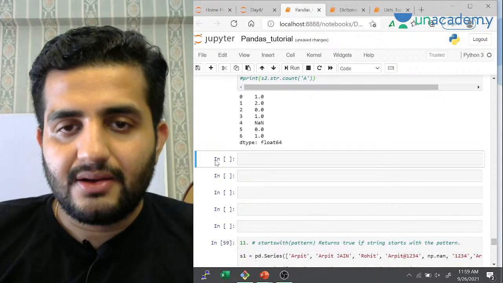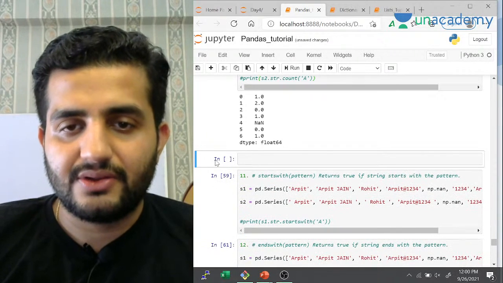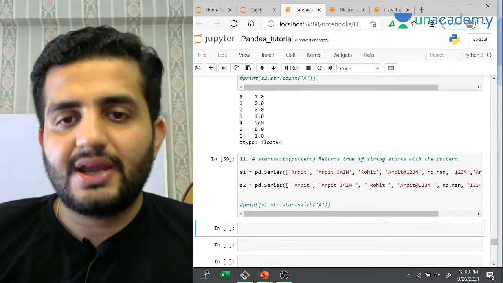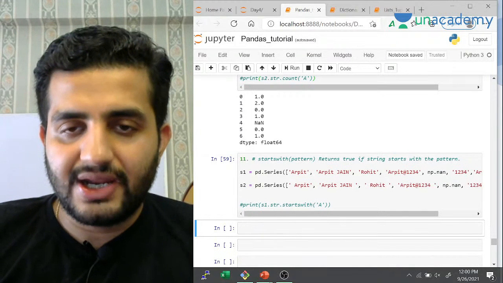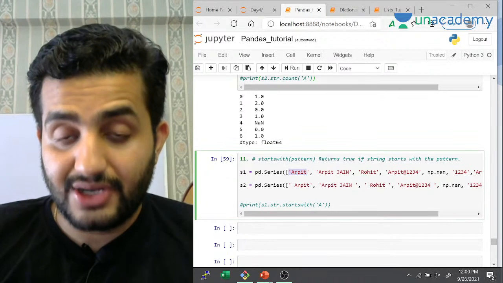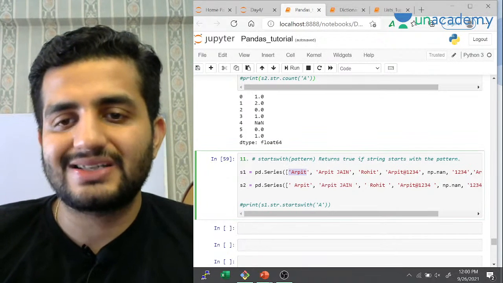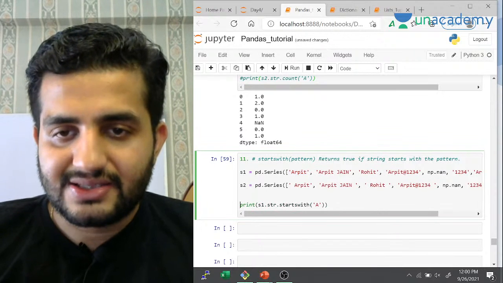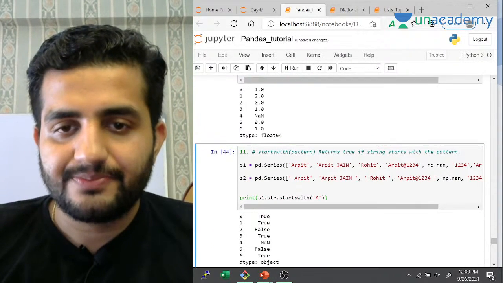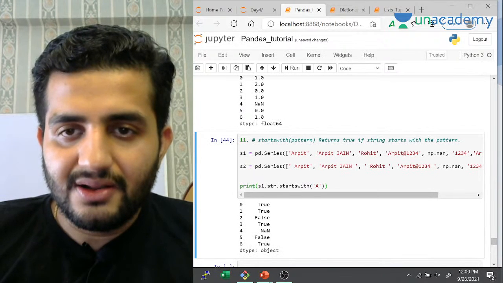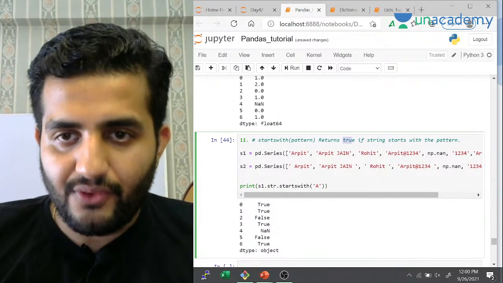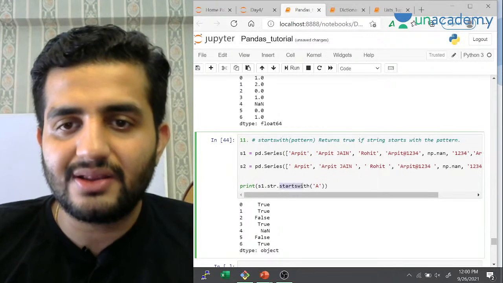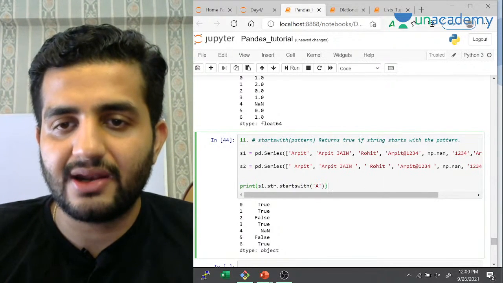ठीक है? And then क्या है मेरे पास, देख लेते हैं. Starts with. Okay, it's a very good function. ठीक है? Starts with क्या होता है? If a particular string or element of my collection object starts with a pattern, so it will print you that. So for example, I'm saying that starts with A. Let's see how the output is. See this? So it will return the boolean value true or false wherever that particular element will be starting with that pattern. Okay, so I can give AR also.